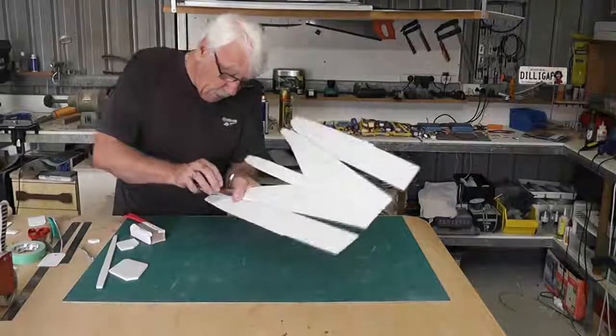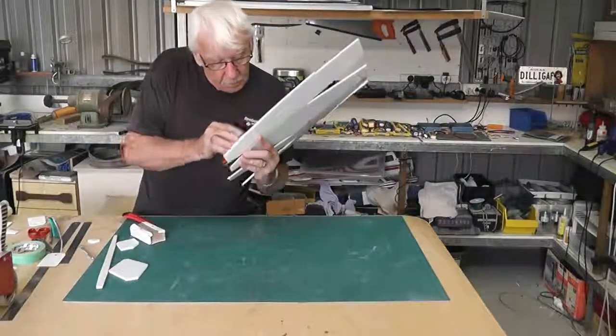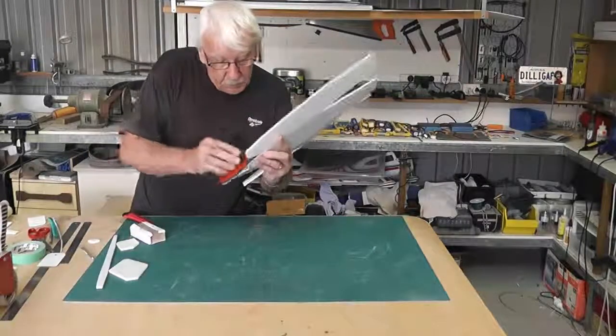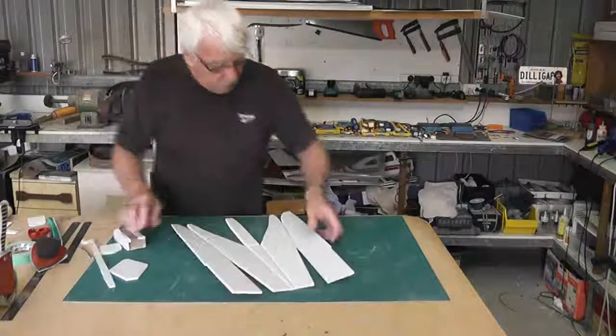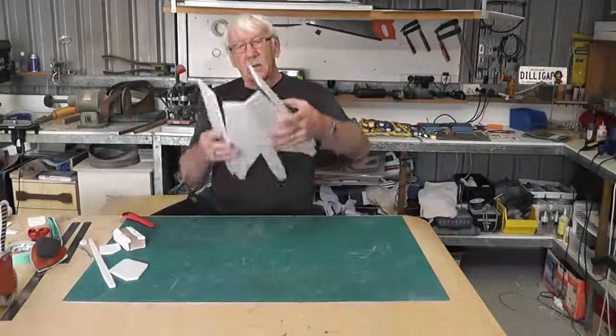Again, preparation is everything. The better it's prepared, the better it'll fit together. Now that's the front edges. Now these back edges